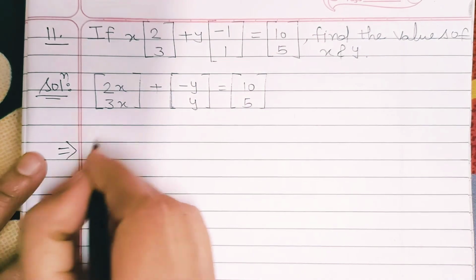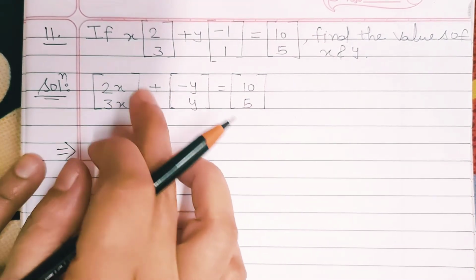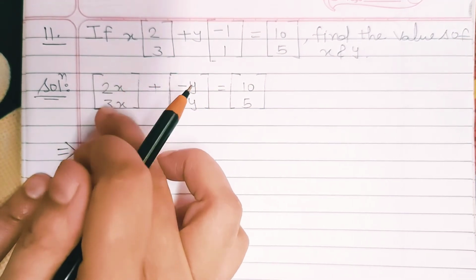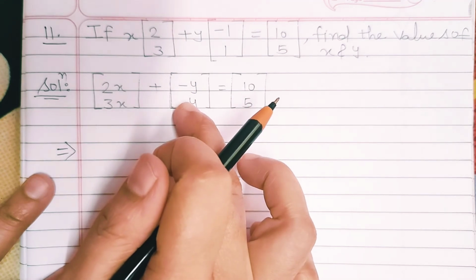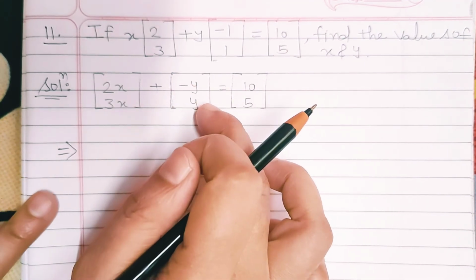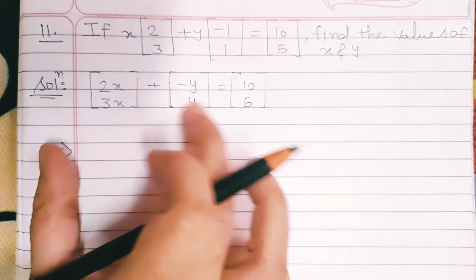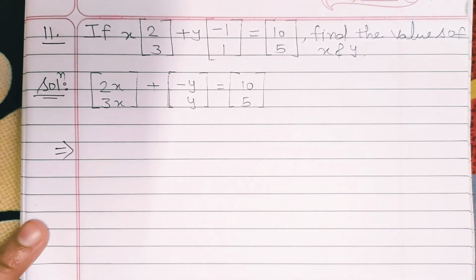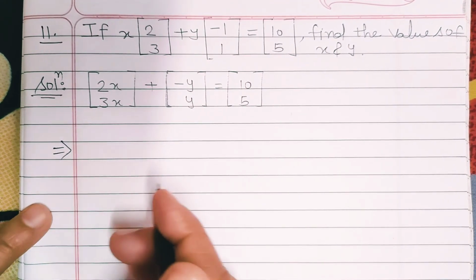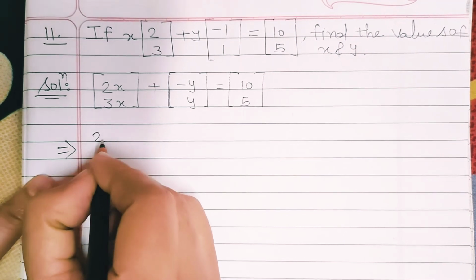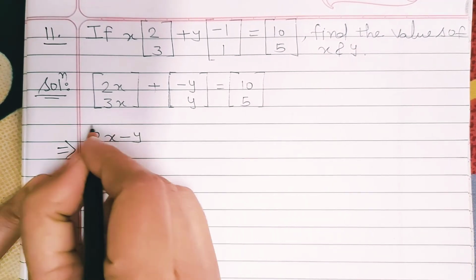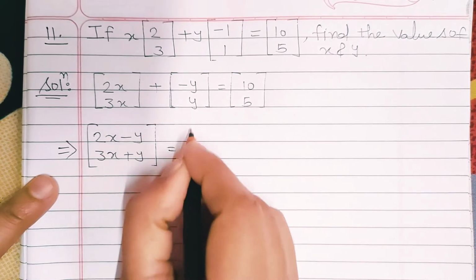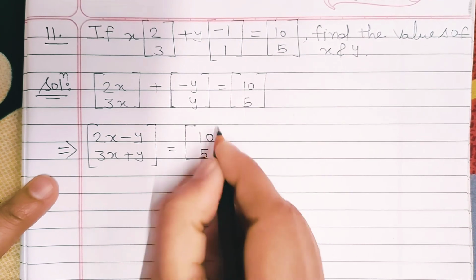So here this implies gives us 2x. Here this is 2 cross 1 matrix because we have 2 rows and 1 column. Again we have two rows and 1 column, so this is 2 cross 1 matrix. Again this is 2 cross 1 matrix. So addition as well as equalization is possible. So here we are going to add these matrices and going to equal. So it will be 2x plus minus y, 3x plus y. Okay, so here it will equal to 10 and 5, the other matrix.